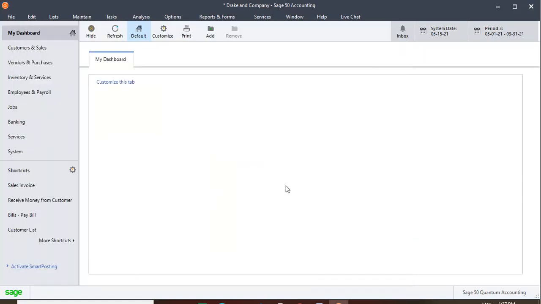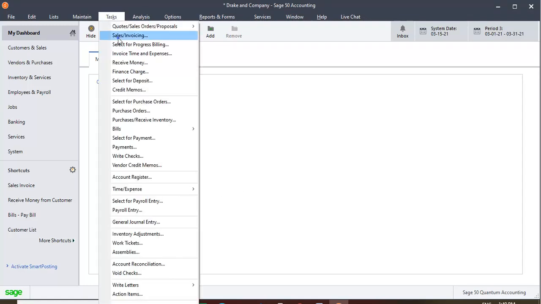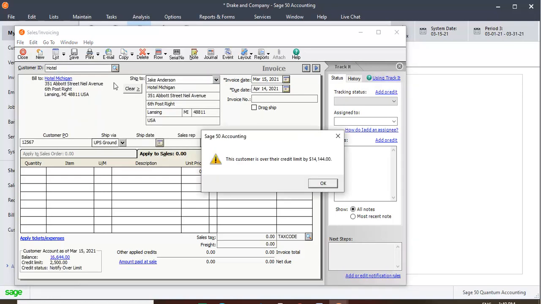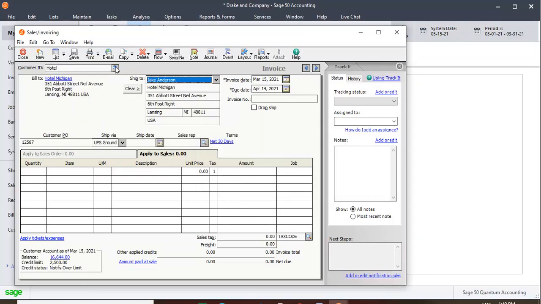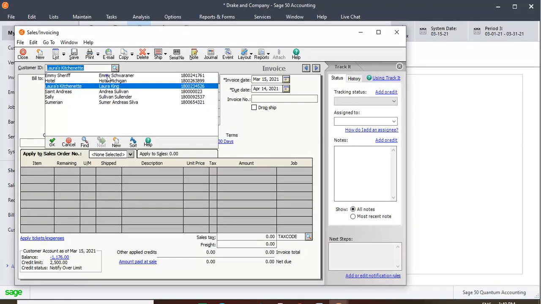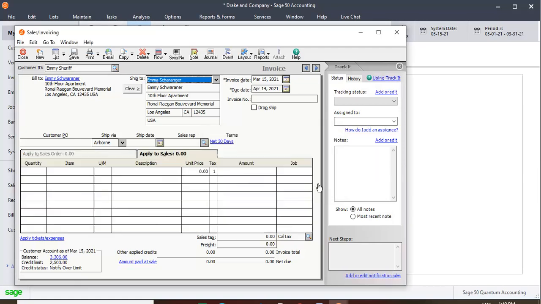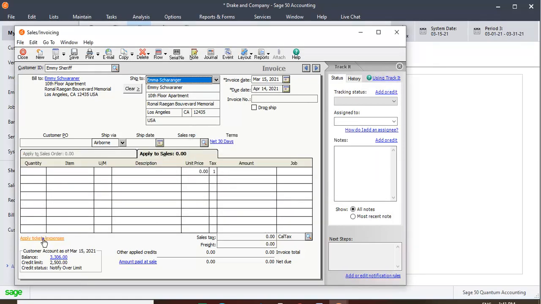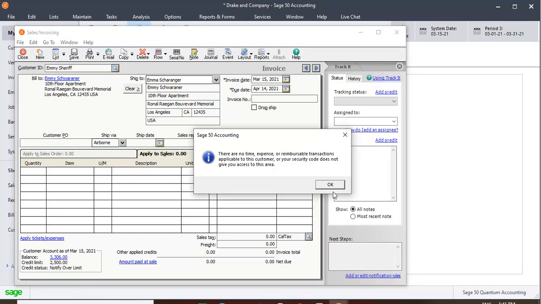Invoicing for job purchases. To invoice customers for job purchases if needed, open the Sales or Invoicing window and select the customer to bill for the job costs. Click the Apply Tickets or Expenses hyperlink under the Invoice To in the window to open the Apply Tickets or Reimbursable Expenses dialog box,